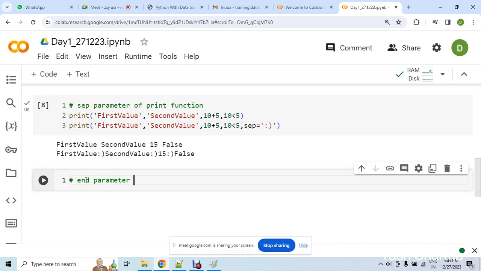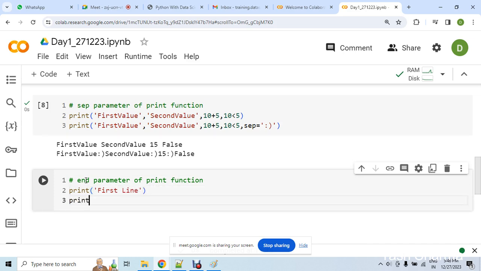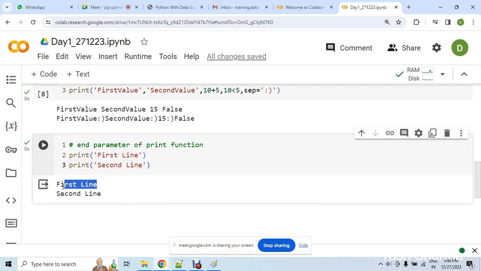End parameter of this print function. ध्यान से देखना, मैंने एक प्रिंट फंक्शन यहाँ पे लिखा फर्स्ट लाइन, ओके। एक और प्रिंट फंक्शन लिखा सेकंड line. Now when I'm going to run this cell, can you see that this first line is coming in a new line, the second line is coming in a new line. Automatically आप देख सकते हो दो प्रिंट फंक्शन, दोनों के जो रिजल्ट हैं, दोनों के जो मैसेज हैं